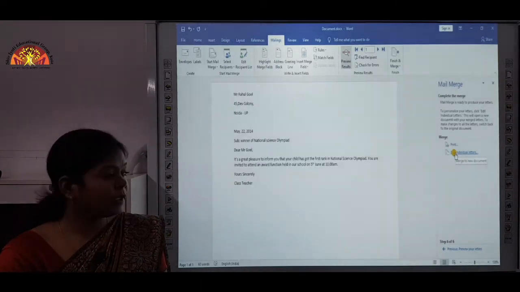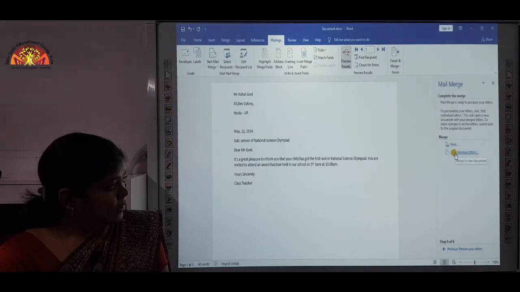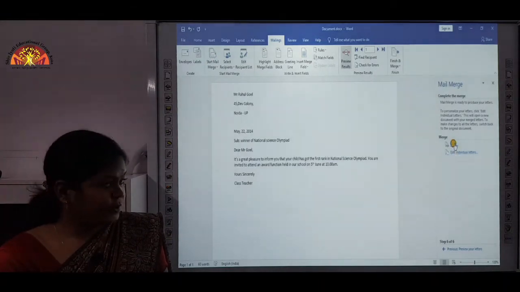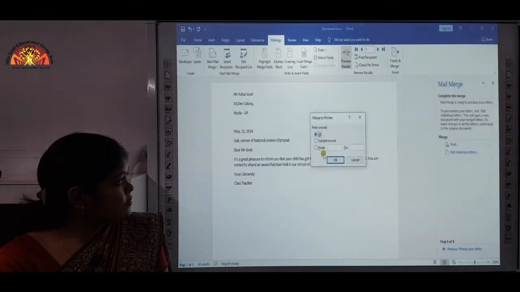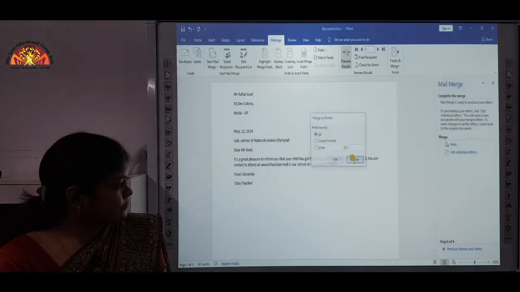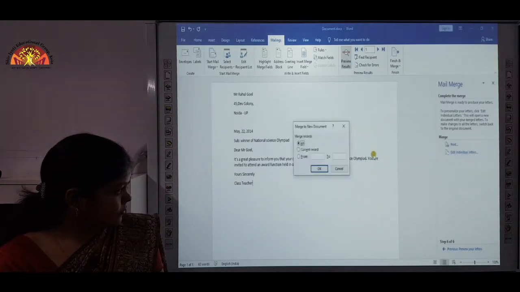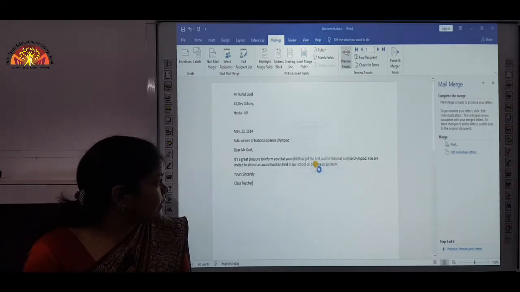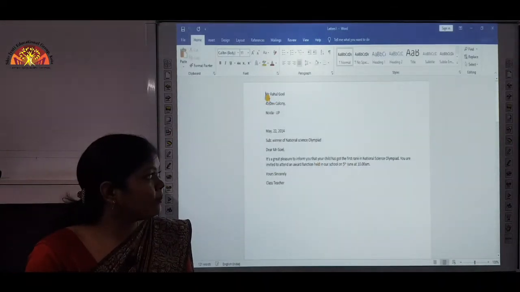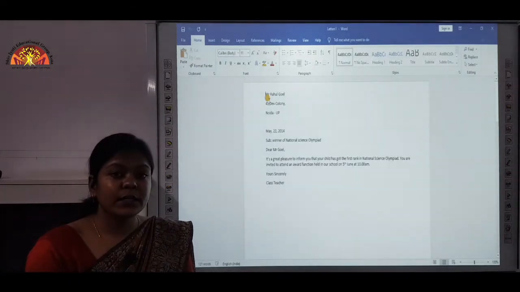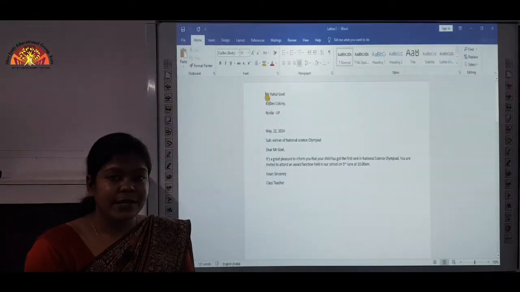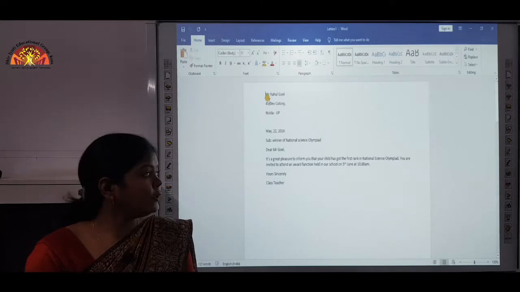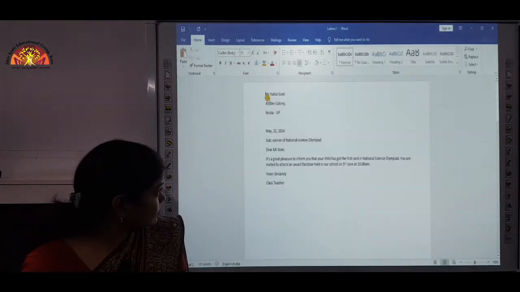Now we click on the print option. So merge to printer, all, and OK. You can also see edit individual letters. Now you can see this is the merge document in which all the letters of the recipients have been added in a single document.